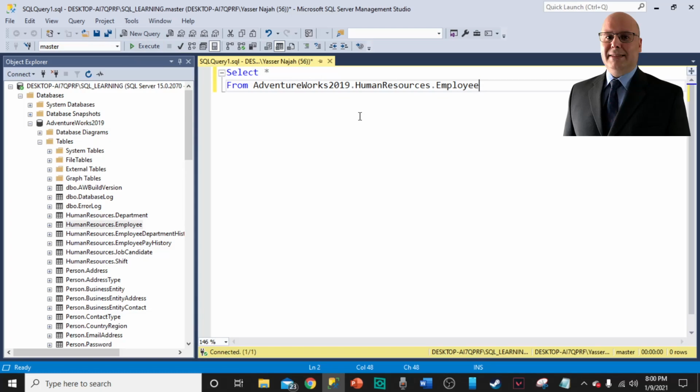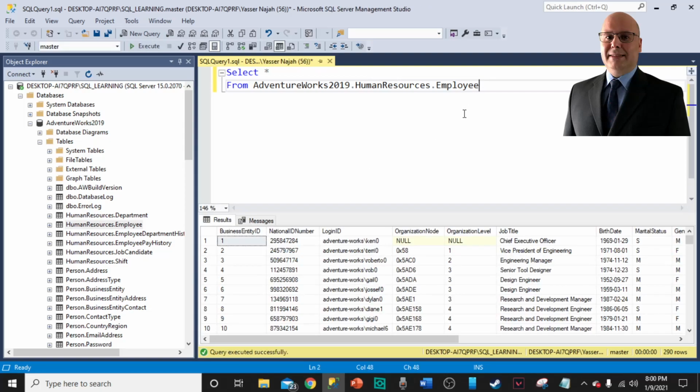So once we do that, we will see the results at the bottom here in this area. Okay, so let's do that. Alrighty, so now we can see all the results based on the query that we wrote here on the top,